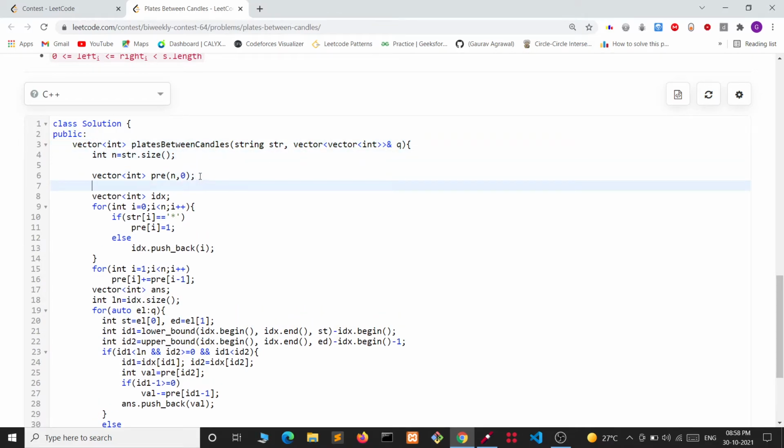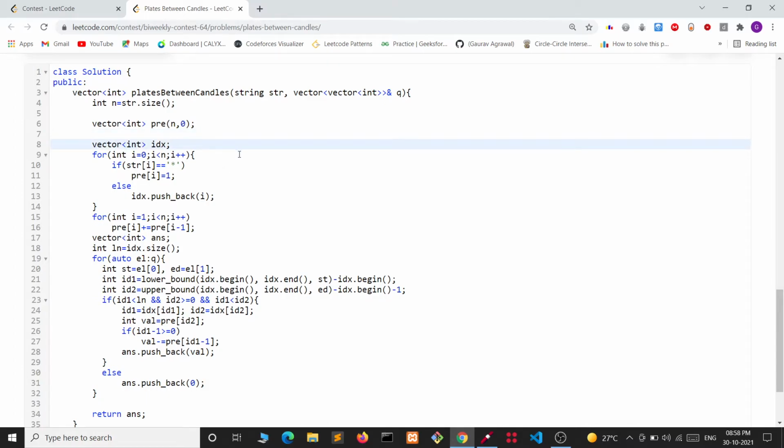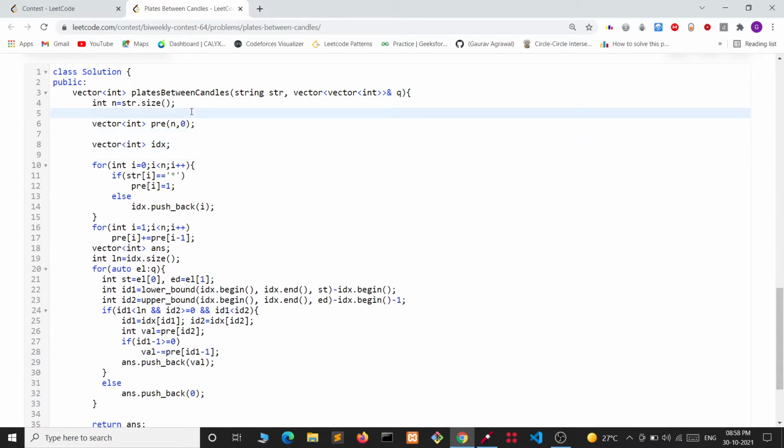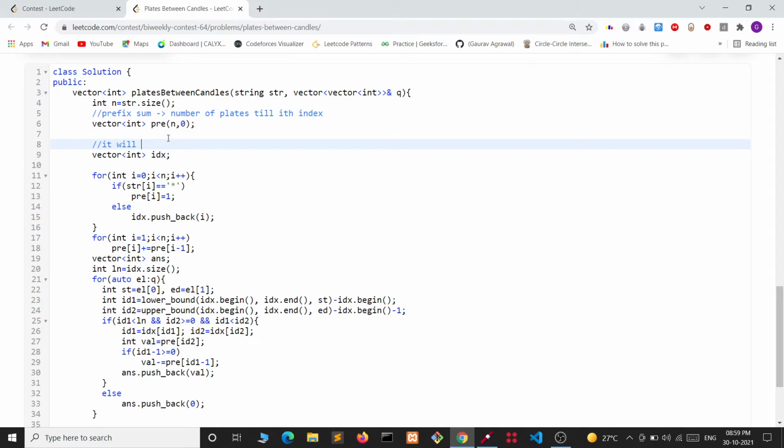After that, this is the array for the prefix sum, of the number of plates till the ith index, and this idx will be storing the indexes of candles.